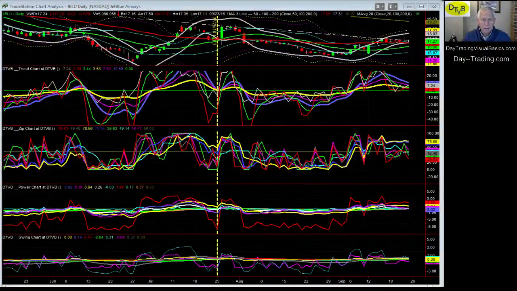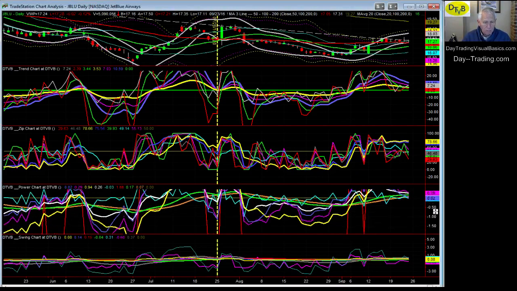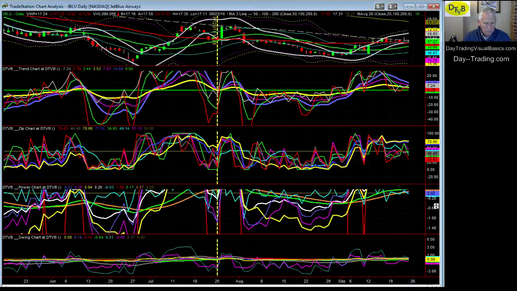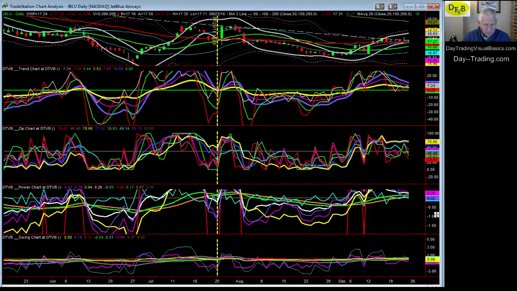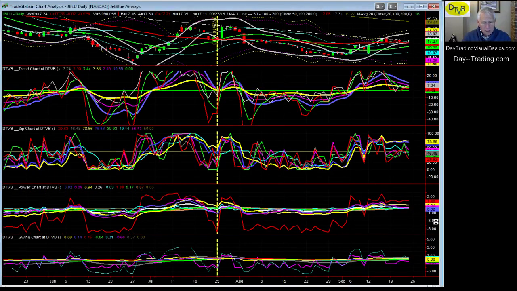The bottlenose pattern is this pattern right down here in power red, and there's no other bottlenose pattern on the page, except if you glance at the page you see only one, but in reality you have power pink and blue are also bottlenose patterns, and the white is too. I missed that one. So there's actually 4 bottlenose patterns in the power chart, but no other ones that I'm